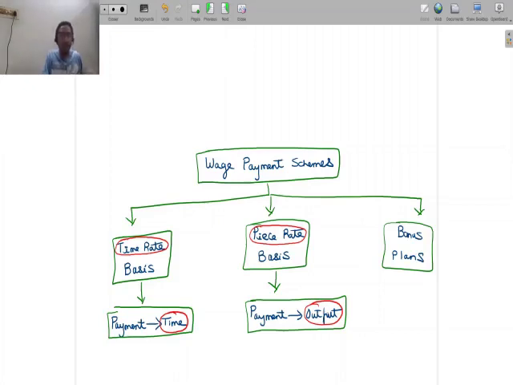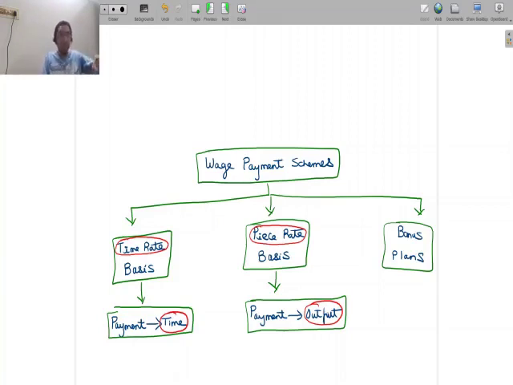Let's say I'm a worker, and for reasons not within my control, by spending 1 hour, or in one day, I'm able to produce only 80 units. On some other day, I was able to produce 100 units. But the day I produced only 80 units was not purely within my control, because probably there was a machine downtime, something like that. So from the worker's perspective, he probably does not feel secure when you offer him a complete piece rate basis.